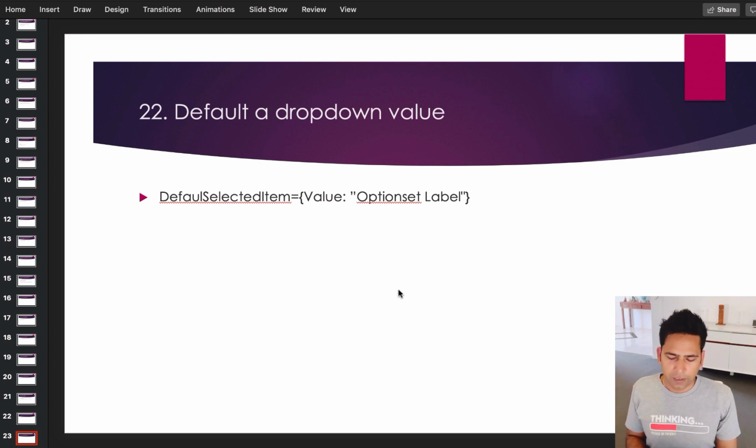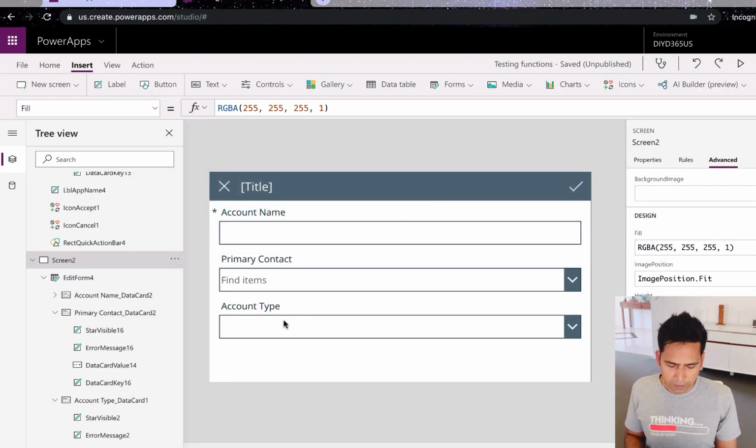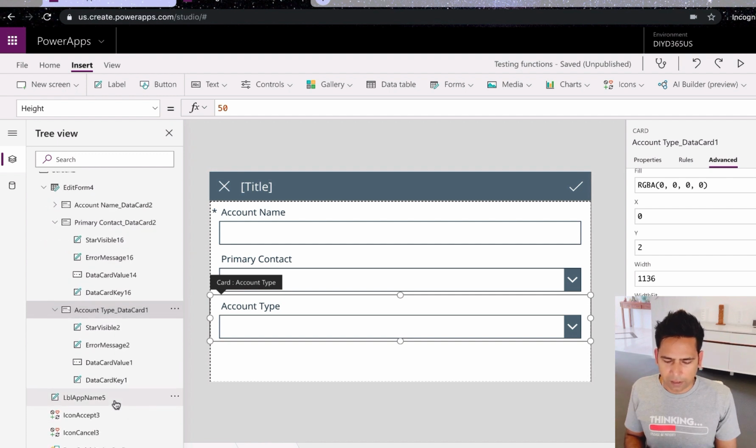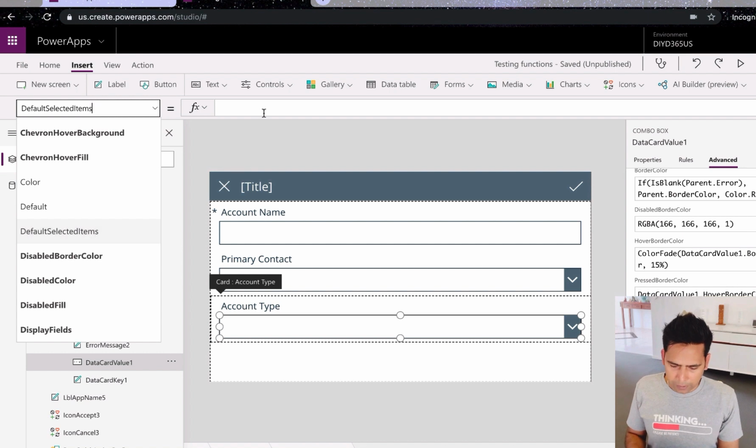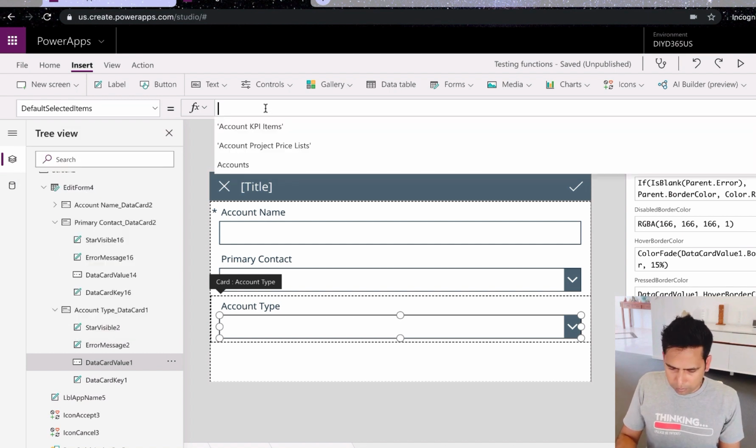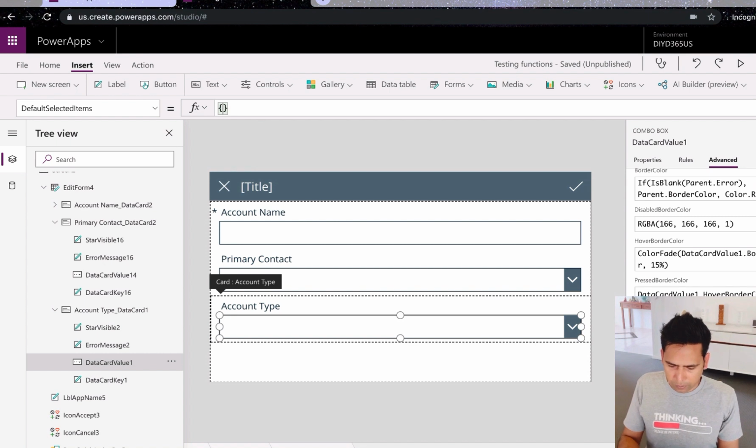The formula you can see is curly braces, value, and the label of the option set, and what these two dots, the colon, means here is equal to. Value equals option set label. So that's what it is here. Let's quickly check it out. I've got this account type. I click here and then I click on the data card value. I need to say default selected items and then this first and then value and then this